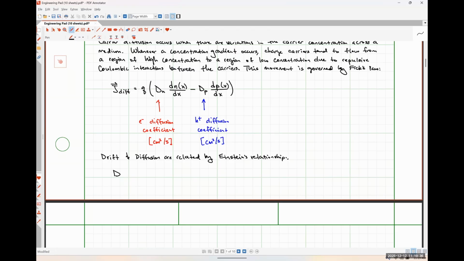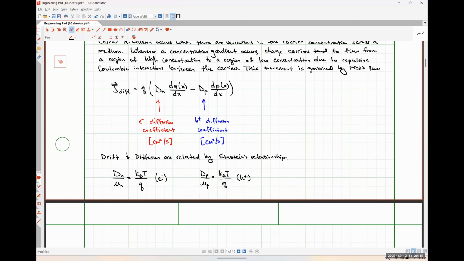The diffusion coefficient, and I'll just do it for both, even though it's the same relationship, divided by the mobility is equal to Boltzmann's constant times temperature, or our thermal voltage, over charge. So this is the one for electrons. And then very similarly, we'll have D sub p over mu sub p is equal to k_BT over q